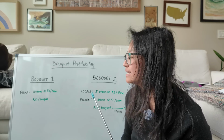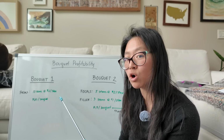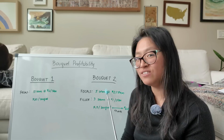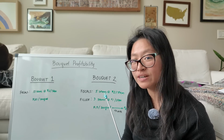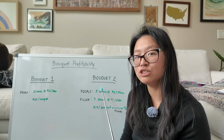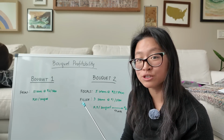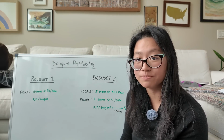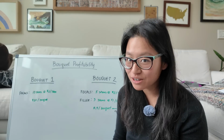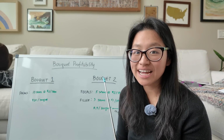And this is what I'm saying, is that yes, there are inefficiencies with growing more crops, but there are also efficiencies with needing to harvest and basically process fewer stems to make another bouquet that might actually have the same exact perceived value for the end customer. And that brings me to my final and third aha, which dives deeper into this, and that is around